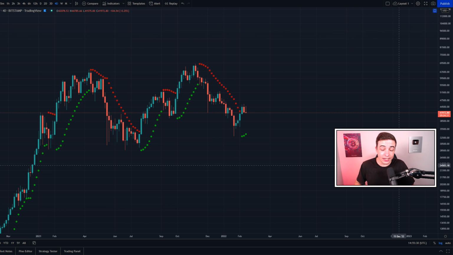And speaking about the bigger picture here on the 4-day time frame, even after seeing this short-term pullback, as of right now at least, the 4-day chart hasn't really changed that much, especially if you're looking at the parabolic stop and reverse indicator. This is still sitting in the green. And if you're simply looking at all of these other times where this indicator on this time frame has flipped into the green, more often than not, that has resulted in a bullish trend on the larger time frames in the Bitcoin price.